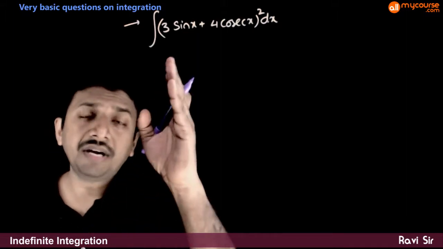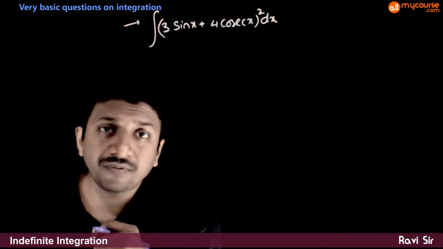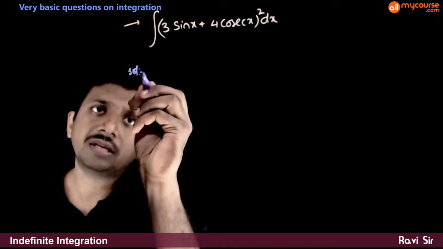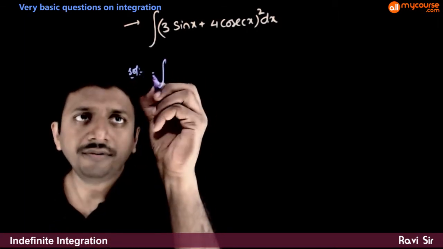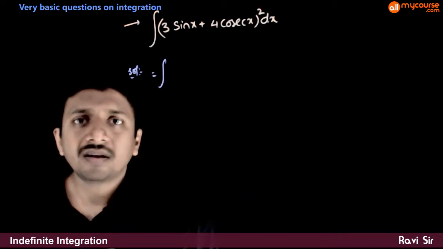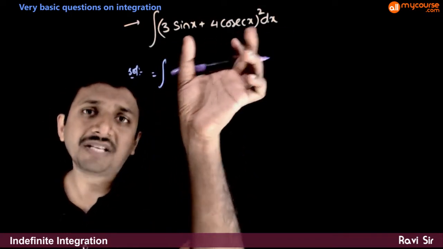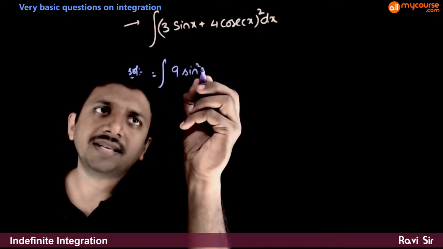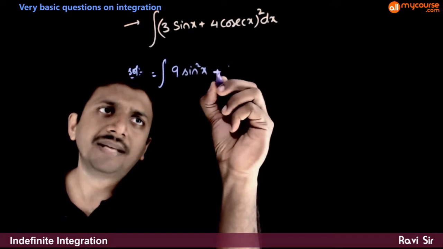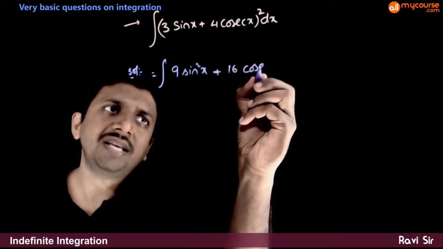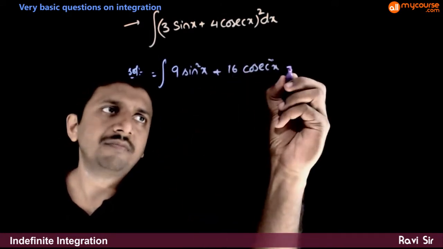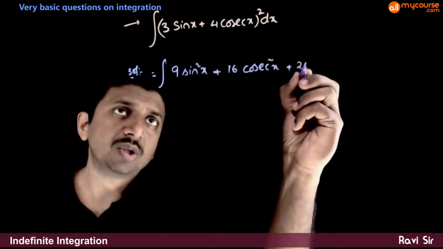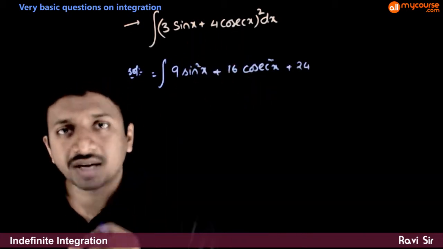So now let us try to integrate (3 sin x plus 4 cosecant x) whole square. So that is equal to the integration of, let us expand this bracket. (a plus b) whole square. So the expansion is 9 sin square x, a square, plus 16 cosecant square x, plus the 2ab term, which is 12 into 2, 24 sin x into cosecant x, which gets cancelled,